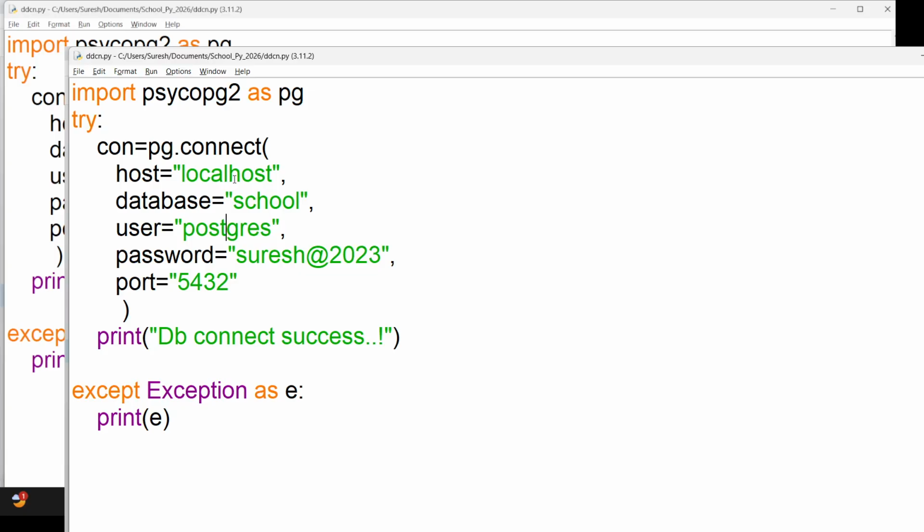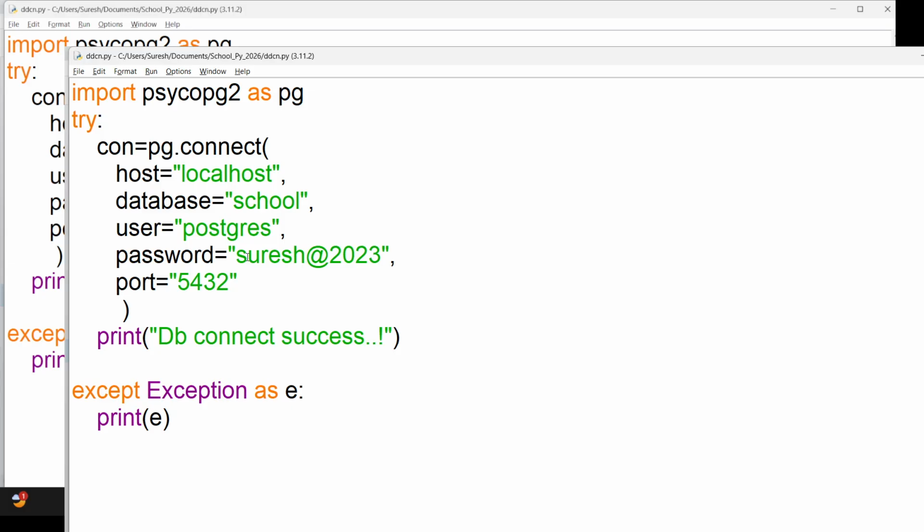Everything is correct: localhost, database name, postgres, password and the port.